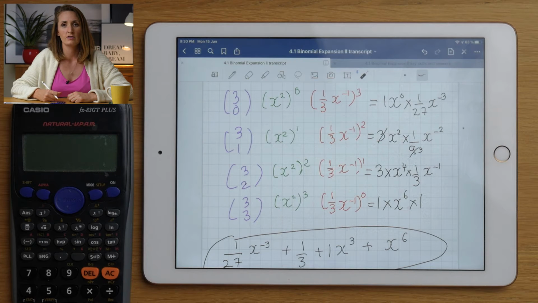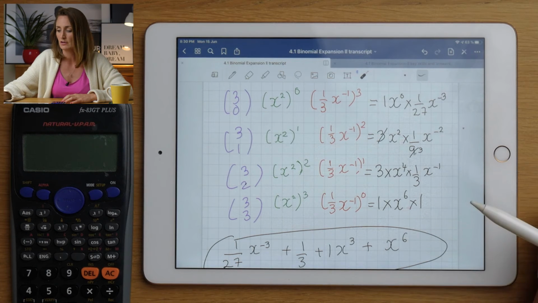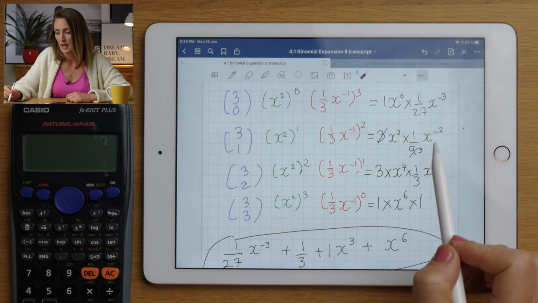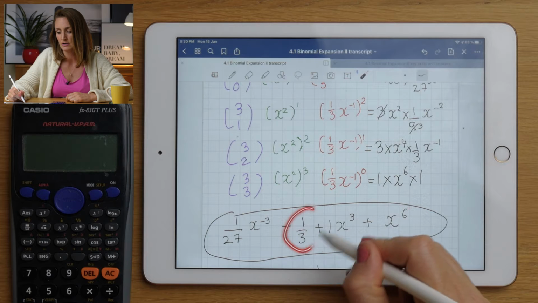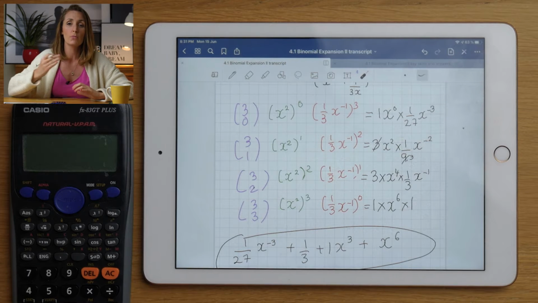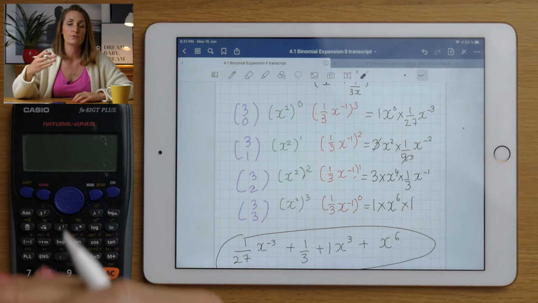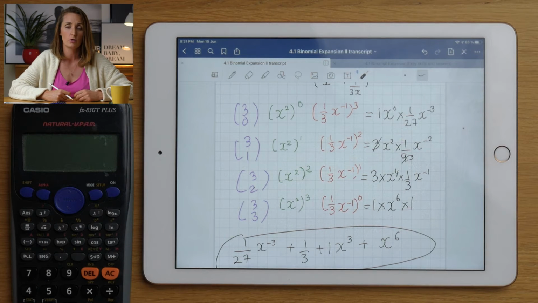And how we get around that is by using the general term of a binomial expansion. The general term is a formula that we can use to find a specific term. So only one of the terms in the binomial expansion. So maybe the question would say, what's the second term? Or what's the term independent of x? In those situations where the question's asking about one term only, not the full expansion or multiple expansions, not find the first 4 or 5 terms, no, they're asking for one term only, I personally would always use the general